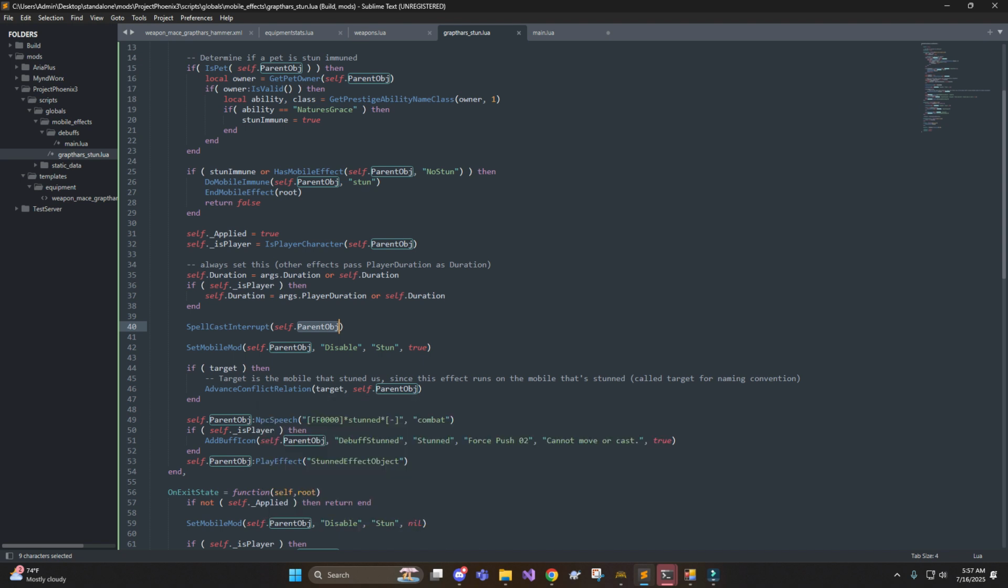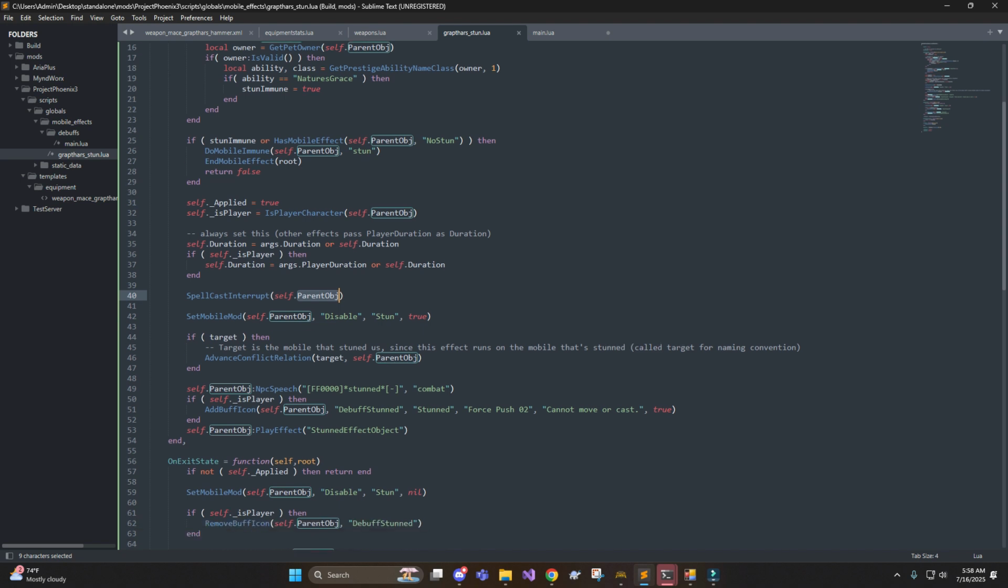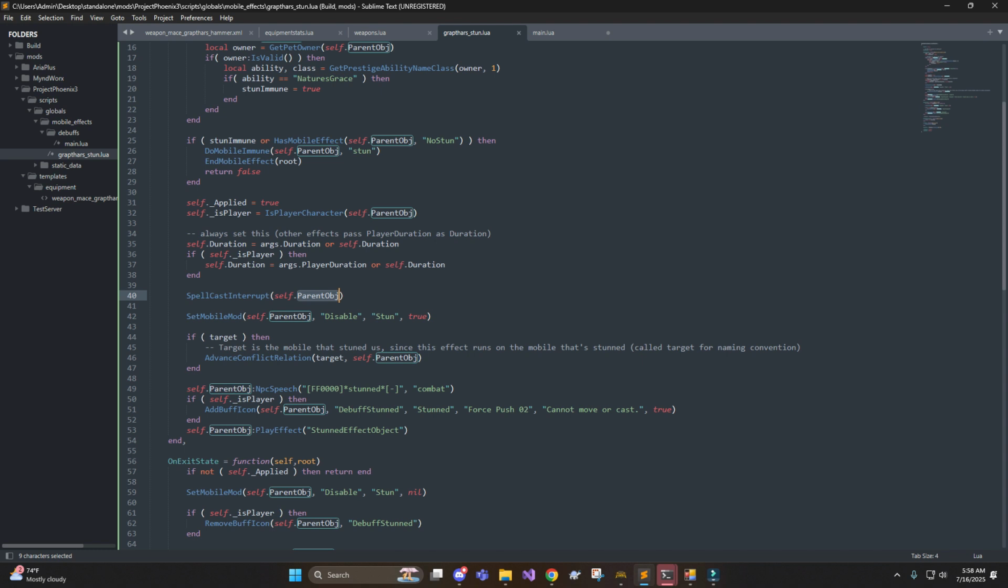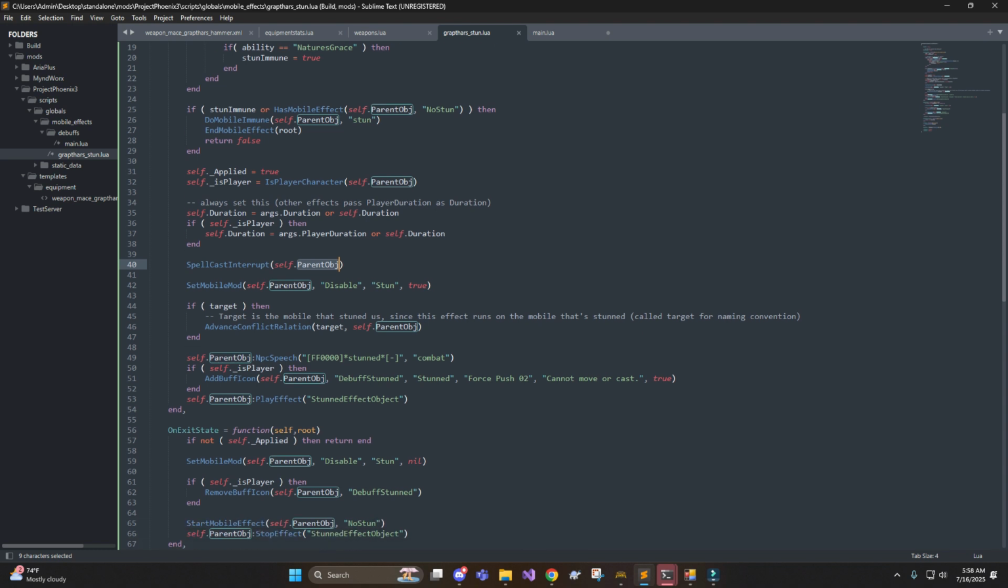A little cup of tea there to help out long-winded conversation here. So if the target is a legitimate object, it'll advance the conflict relation with the conflict system. That's another rabbit hole to go down, a big old hole. But the whole point here is the NPC, and it says stunned combat. So over the stunned person, it says